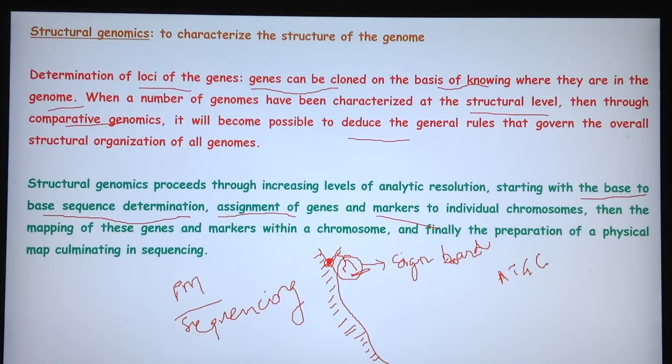Let's say we want to explore the status of this particular gene, whether this gene is defective or whether this gene has this mutation or not. If there is a marker, we can simply analyze this marker which is located either close to the gene or which is actually part of the gene, and once we come up with the marker evaluation, we can tell what the status of this gene is. So it is very important that genes are assigned on the chromosome and markers are assigned to individual chromosomes, which will help us navigate the total chromosome.